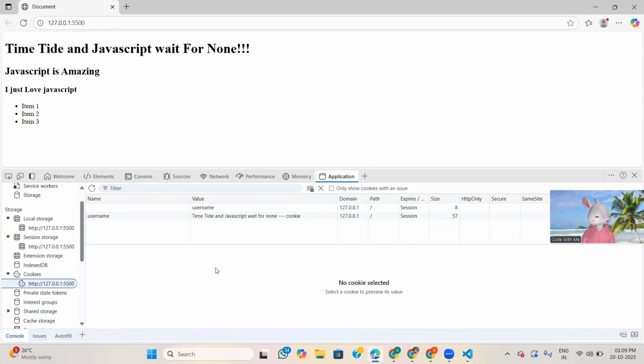And local storage is accessible in JavaScript only, but cookies are accessible in JavaScript plus the server both. I think you guys now understand these things.